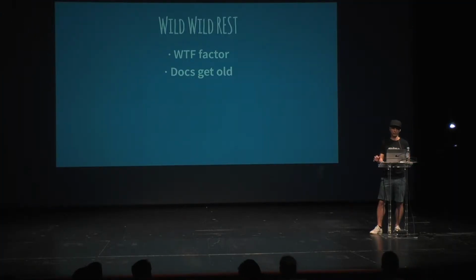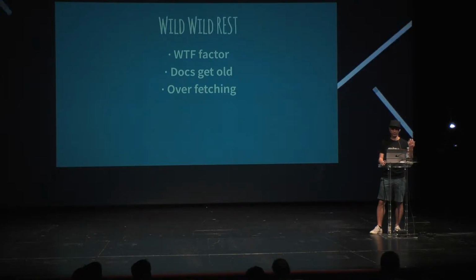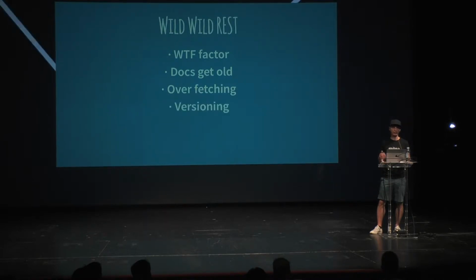So the issues with the Wild West are an unclear and unfriendly environment. Documentation has to be written separately from code, so obviously it gets outdated. There is a huge overfetching of data because we were just asking for a few properties, but we were receiving a huge amount of data. And there is no clear way to version the API once the backend realizes there is a better approach to handle the responses and stuff like that.